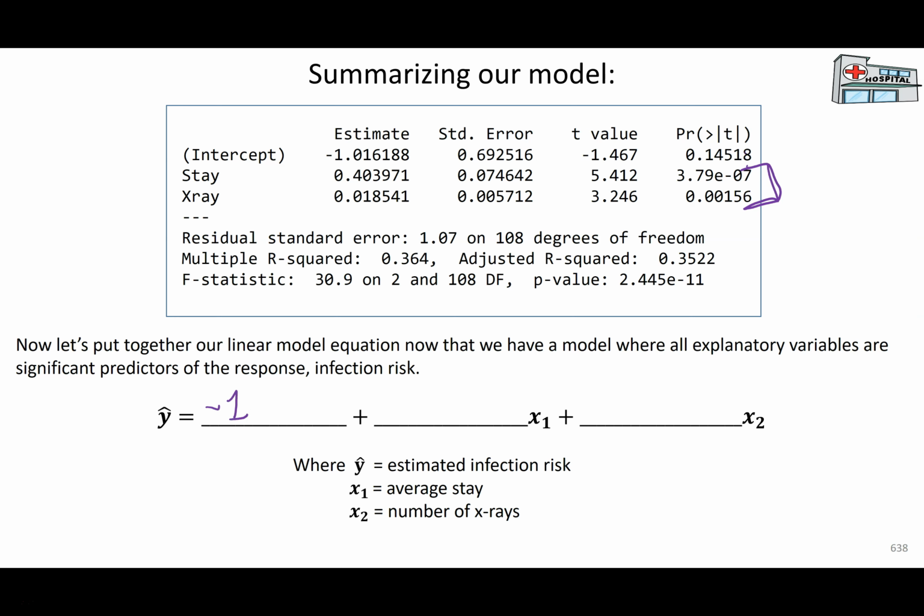So when I'm looking at hospitals that have the same number of x-rays, and the only thing that differs between them is the average stay between the two hospitals, that's the idea. For every one, I don't know if it's 1 day, increase in average patient stay,